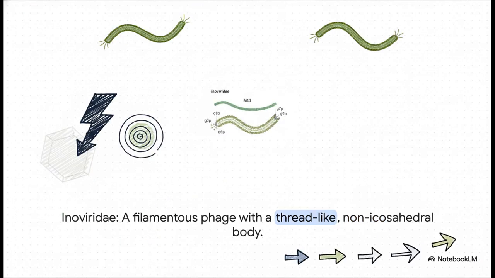And just when you think you've got the hang of their structure, phages throw you a total curveball. This is a filamentous phage from the Innoviridae family. Gone is the whole head and tail thing. Instead, it's this long thread-like particle. These phages have a completely different way of infecting and reproducing, often sort of oozing out of the host cell without even killing it right away. It's a brilliant example of just how adaptable viral forms can be.